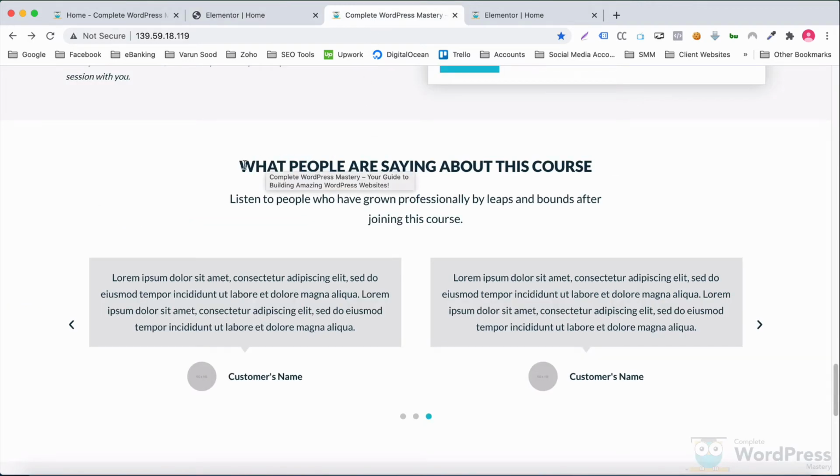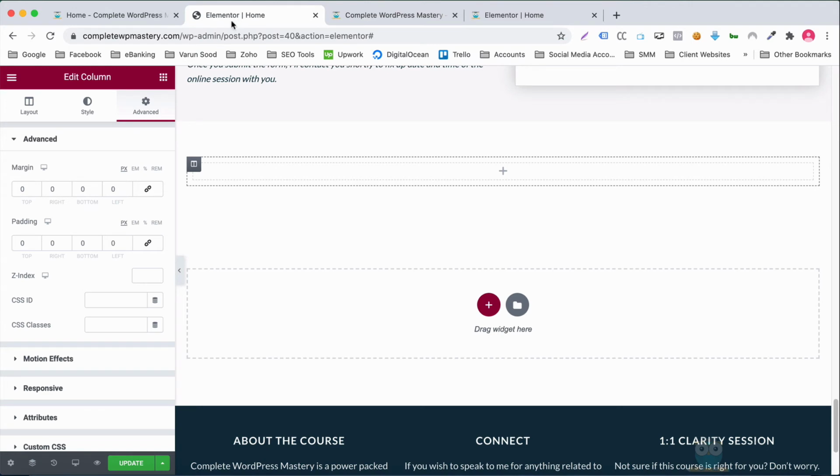I'll add one inner section for this portion and another inner section for the testimonials underneath. Let's do that now.